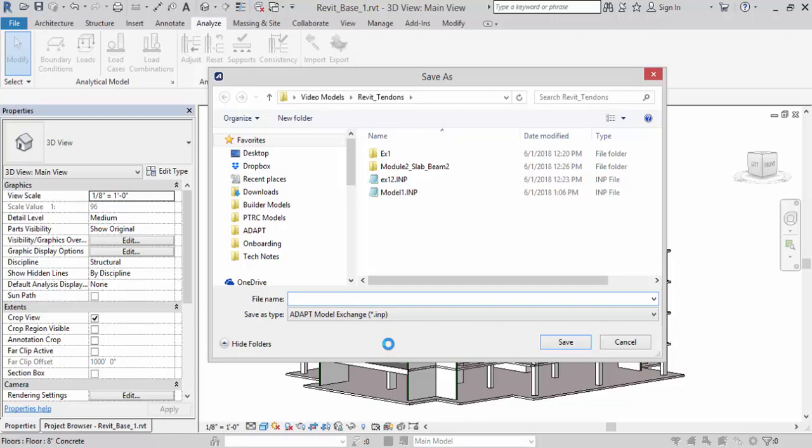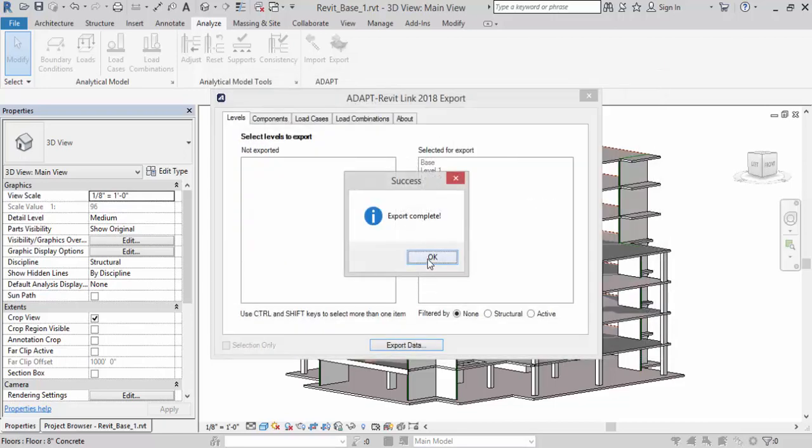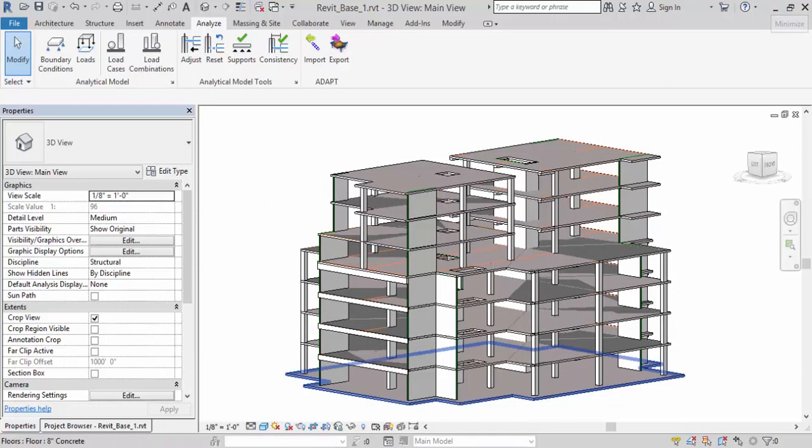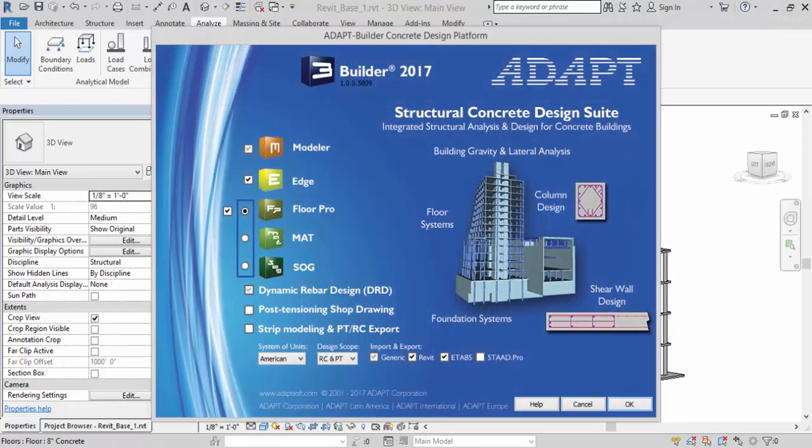So we'll call this MS1, and that has been exported. Now what I'll do is I'll go over here to Builder. This is Builder 17. You'll notice we have Edge and Floor Pro active for this particular example, and also the